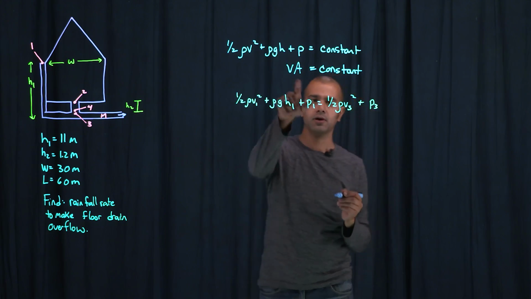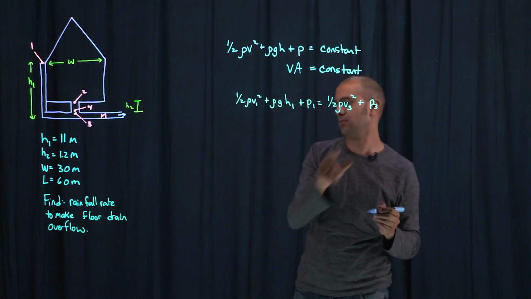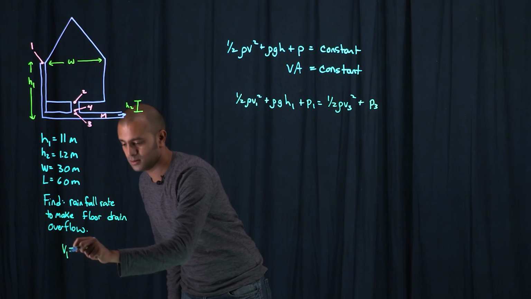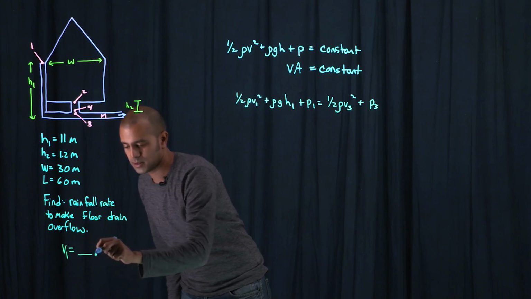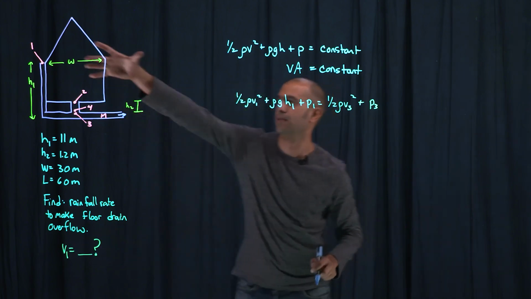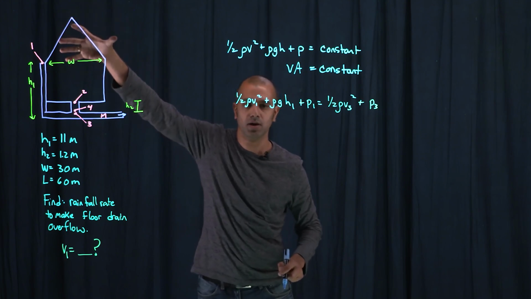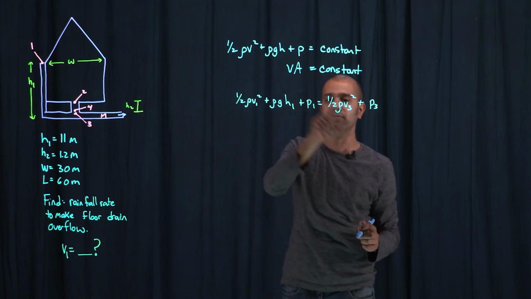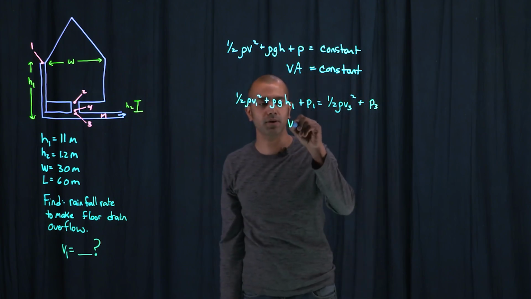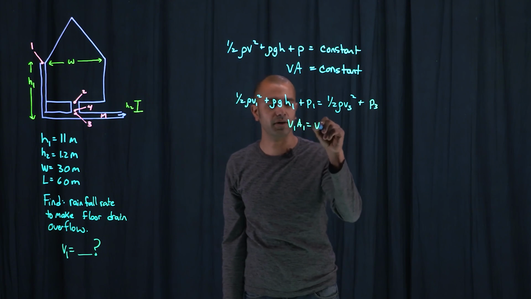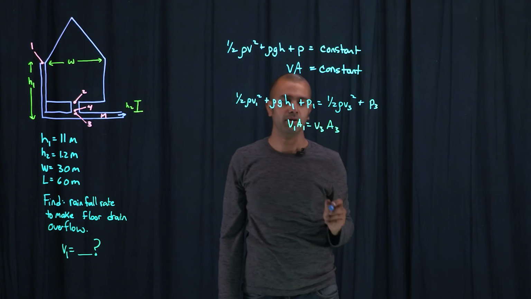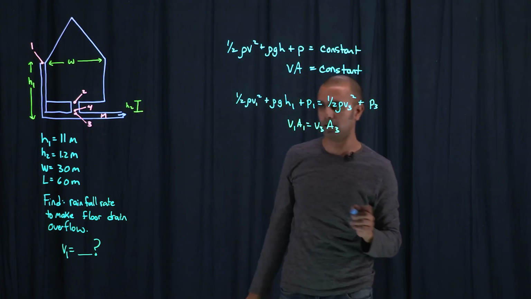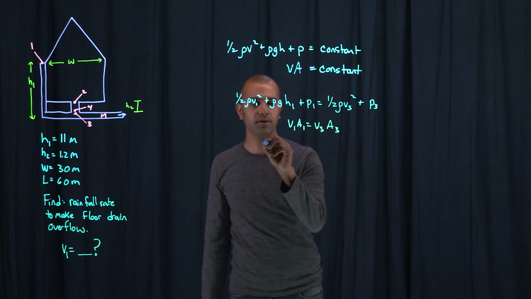In this case, the height of point 3 is basically 0, so I'm going to leave that term out. And then we can also use the continuity equation to get rid of velocity 3. Remember, we're looking for v1. Let me write that down here. Because we want to know the rainfall rate in this part of the system, which is the velocity in the roof, which is v1, I'm going to leave v1 in, but I'm going to use this to get rid of v3. So use the continuity equation, which says v1 a1 equals v3 a3. All right, and I'll just plug this in. I'll solve this for v3 and plug it in there. And then once we do that, we find